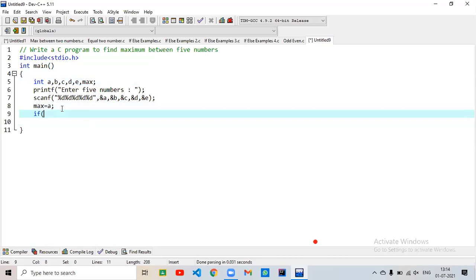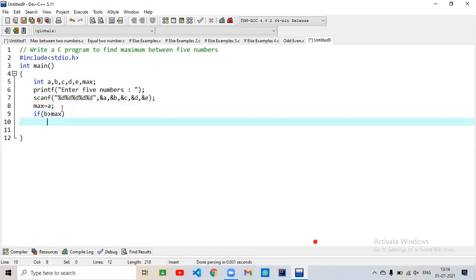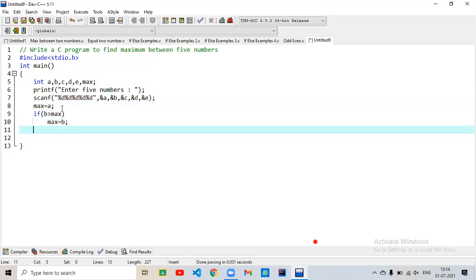Now we will check if B greater than max. If this is true, then what will happen? Max equals B, right? Is it fine?